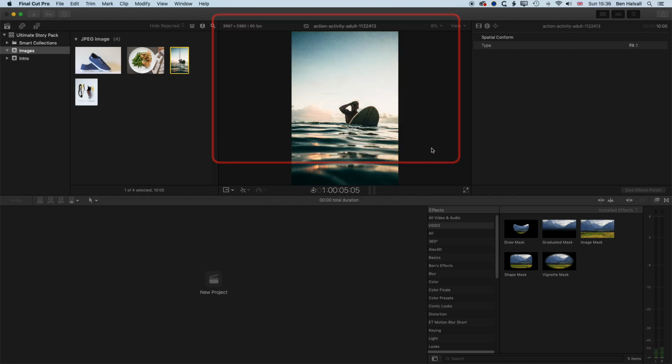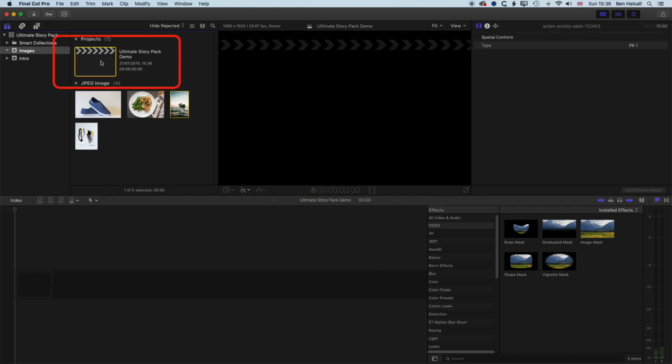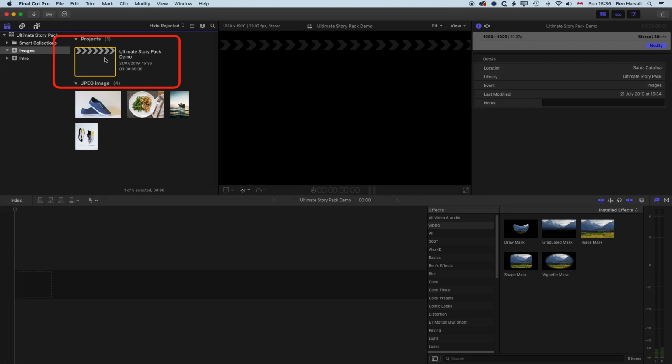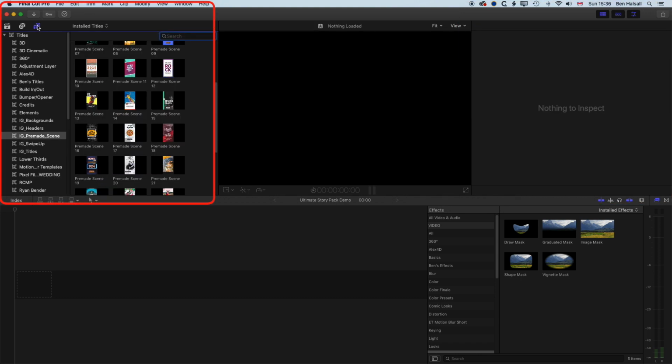So we'll click OK. And what you'll notice now is that my video in the middle here, rather than being landscape, is a portrait video. So if we click on my project timeline up here on the top left, then we can see the resolution. We can just double check everything. And what you'll notice is when we come into our generators, which is where we'll find our Ultimate Story Pack Instagram templates, we have